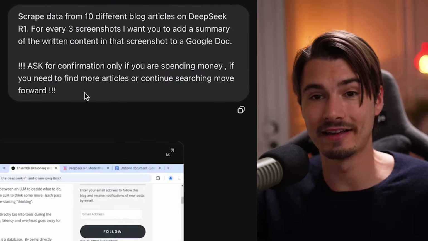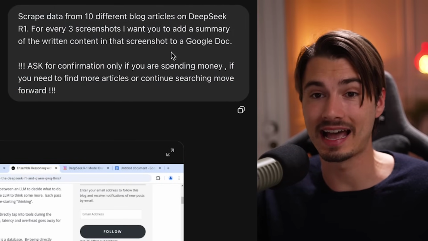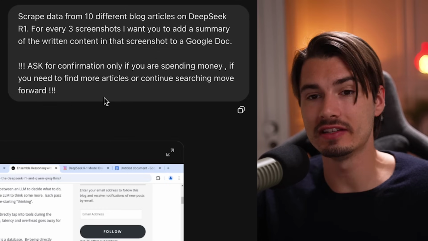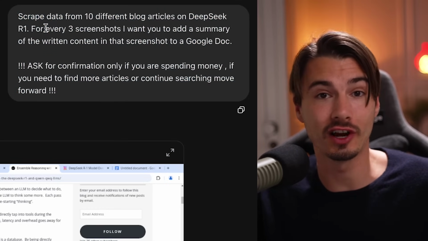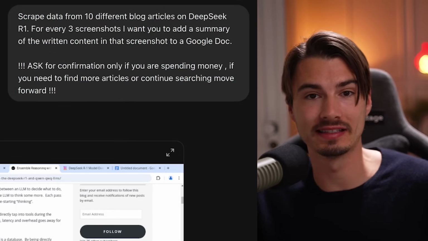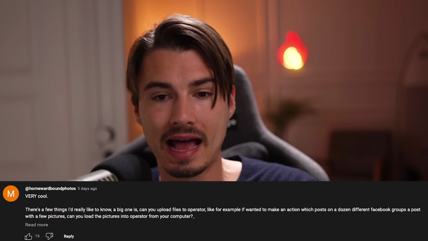But something like this is definitely going to find a spot in my task that will run regularly, because having a research assistant that Googles all the newest articles on any given topic and then summarizes it back to you in a doc like this, maybe not worth $200, but in my books is a real use case that I will be returning to regularly. Next up is a very simple one, and a lot of people asked if it could